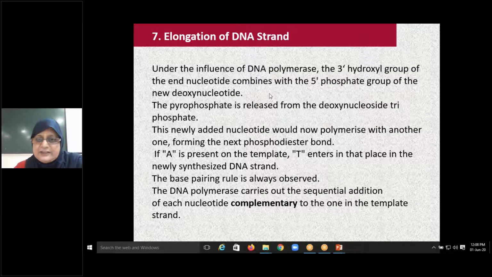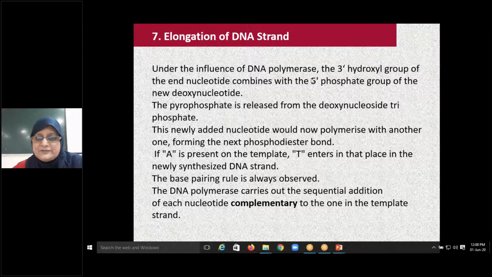Now, what we have said is that separation of the DNA strands occurs with the helicase enzyme. DnaA is helping in that, and DnaB is the main helicase that separates both the strands. This leads to formation of the replication bubble and forks on two ends, and then you have got the RNA primer. So what you require next is the synthesis of the complementary strand.